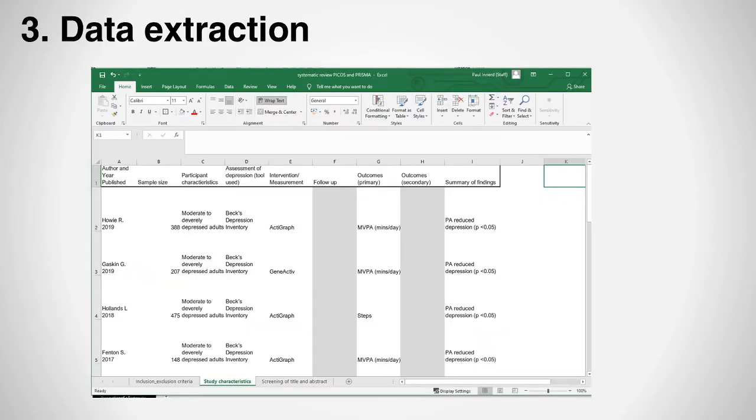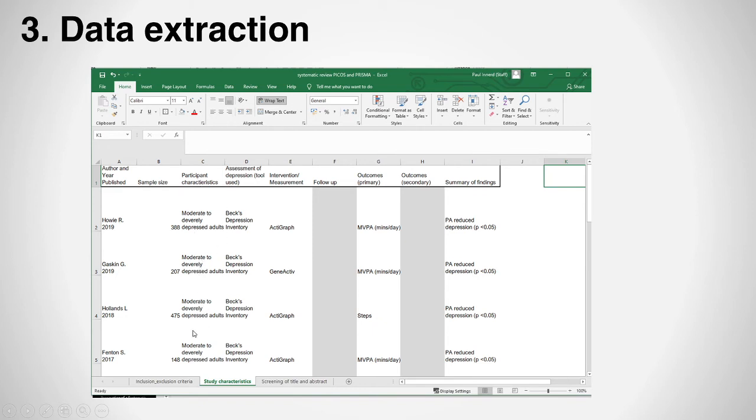So the second to last thing you have to do, you're now just about finished, is to carry out data extraction. And this is how I do it. So this is just an Excel template, which is where I record. So this is for my depression and physical activity systematic review. So I've got the authors here. I've got the sample size,